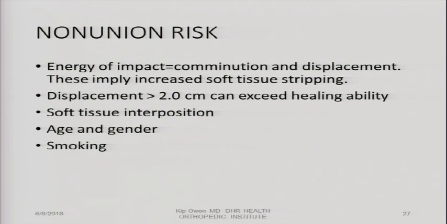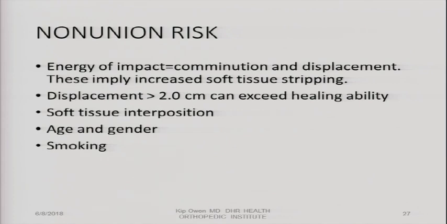Risk boiled down to the amount of energy at the time of injury, which leads to higher comminution, which implies more soft tissue stripping at the time of injury. Less blood supply, less ability to heal the fracture. Displacement beyond 2 centimeters, I mentioned earlier. This begins to get into an area that the body finds it very difficult to form enough callus to solidly